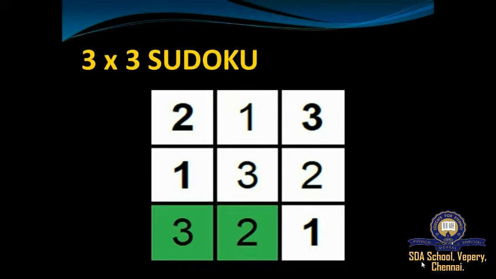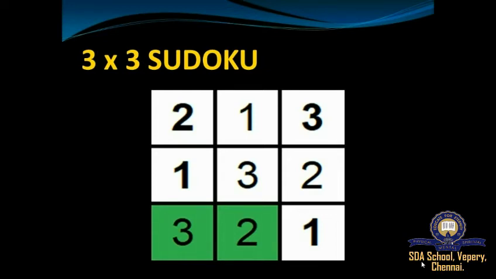Similarly, let us take the third row. It is 3, 2 and 1, right? So the same numbers are not repeated over there, and their sum is also 6, which means that the numbers must not be repeated in the same row and same column, such that their sum must be equal. So you are supposed to arrange the numbers in that order.